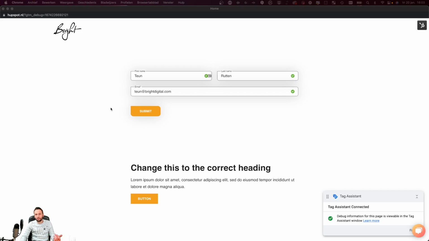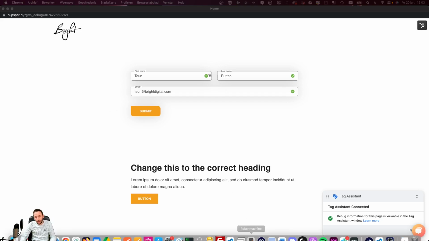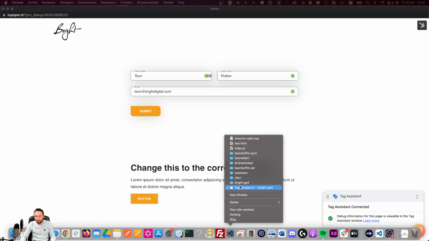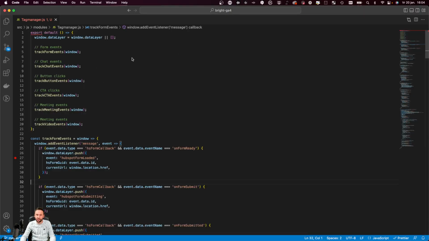In Google Analytics 4 and in Tag Manager, you can send variables to Tag Manager by accessing the window dataLayer, which is available if you have the Tag Manager script installed. In your code, there are various ways that you can access events happening with HubSpot modules, like a form, like the HubSpot chat, even the HubSpot meeting tool that is available. And you can access them in various ways, but I'm going to focus on the window events that HubSpot has